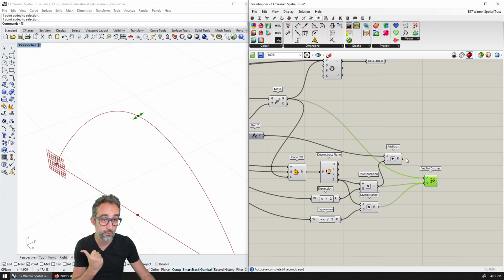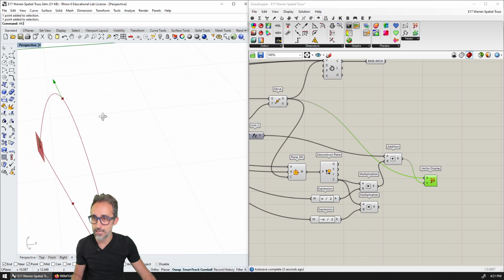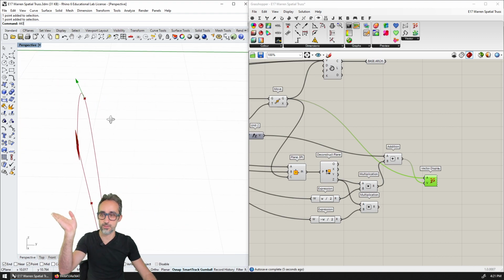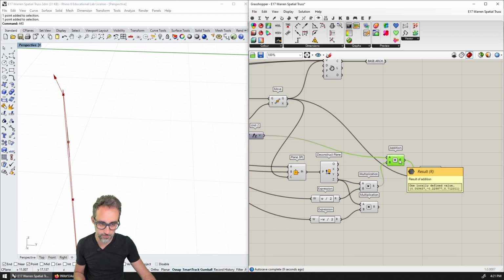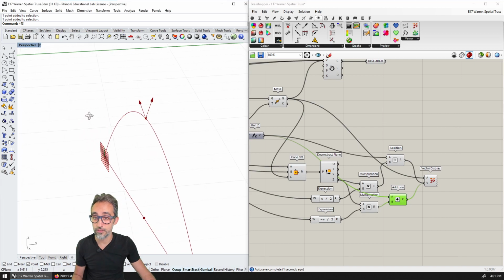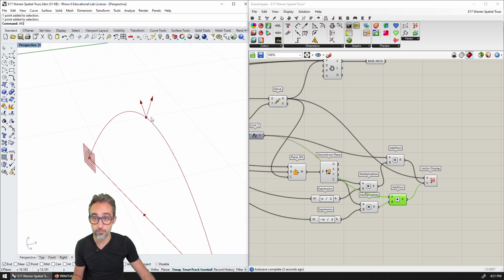If I now showcase that vector, you can see that it's pointing sideways out of the plane. If I do the same with the other vector here, I have the two vectors that are moving this point in the triangular form.